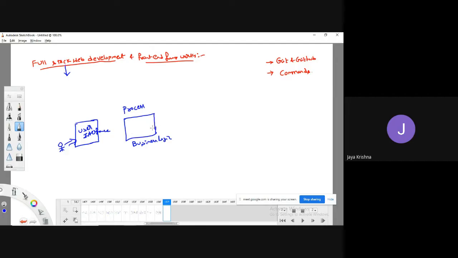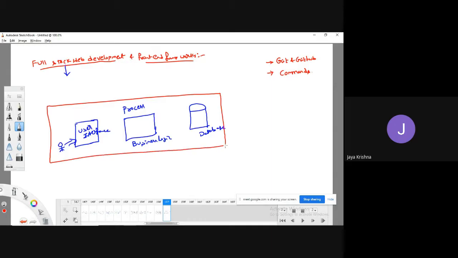After processing the data, we are going to store it in some location. That location we call the database. Okay, meaning that if you observe clearly, this entire thing comes under a kind of software. These two won't be observed anywhere, but the user interface will be observed by anyone.